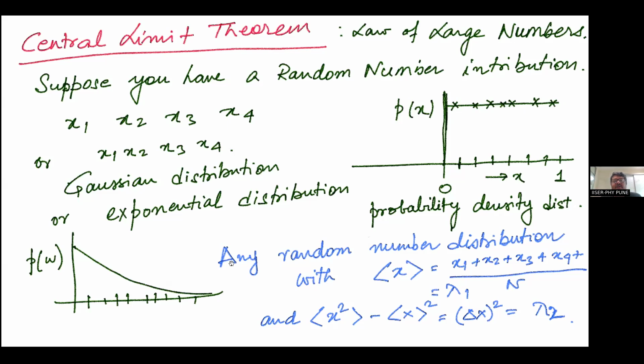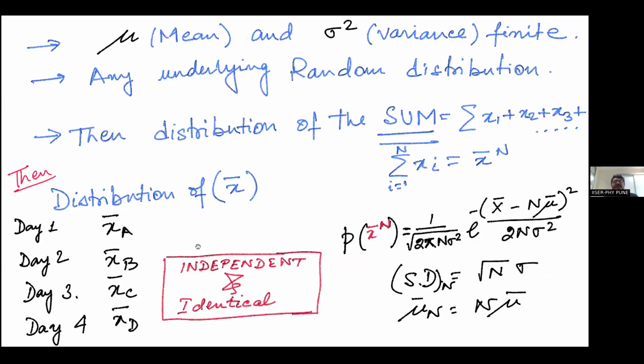Basically, you have any random number which has a well-defined mean. Well-defined mean means you take n random numbers and divide by the total number of random numbers, and you get the mean of the random number where n is tending to infinity. And you have a well-defined variance. So suppose you have a well-defined mean and a well-defined variance from any random number distribution. What the central limit theorem says is that for any underlying random distribution with a well-defined mean and a variance,